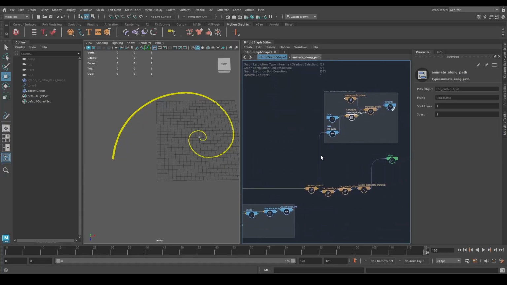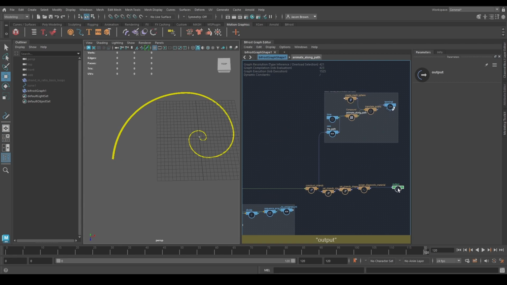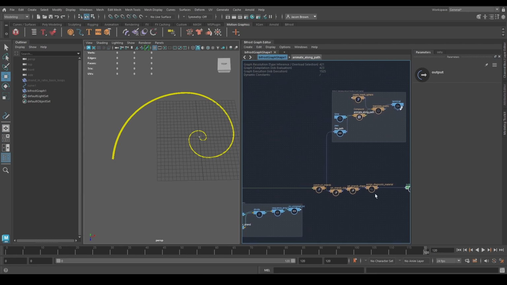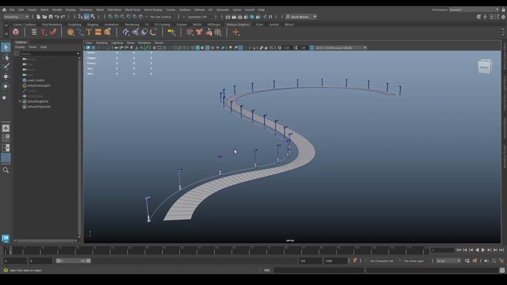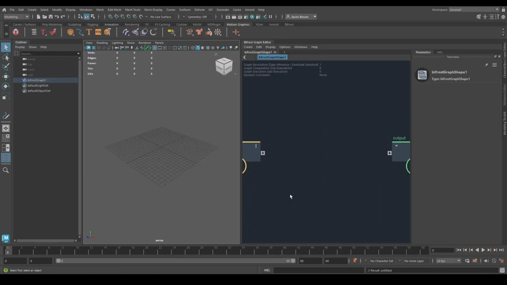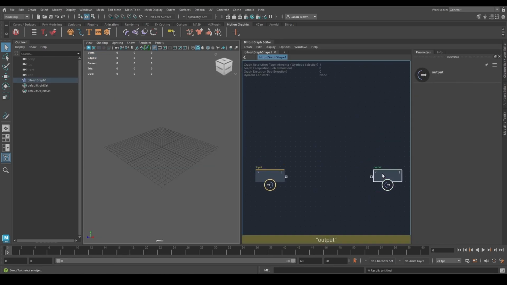So from here, we're going to go on to another use of strands, a very cool one, and another node that we'll be bringing in to show you. We're going to go from here to building a road. So here's what we'll be making. And let's get started. So we're going to need a graph, and we're going to need the compound that makes